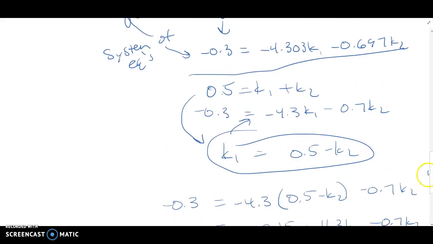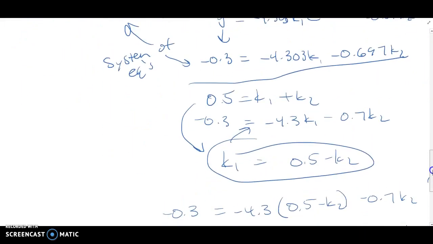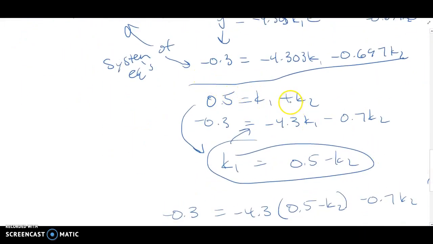Now I know that k2 is 0.5 satisfies both equations, well, I rounded. So since k2 is 0.5, that would mean k1 is approximately 0, meaning that that coefficient can approximately